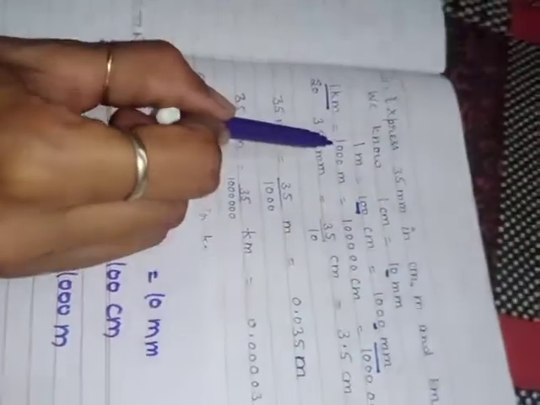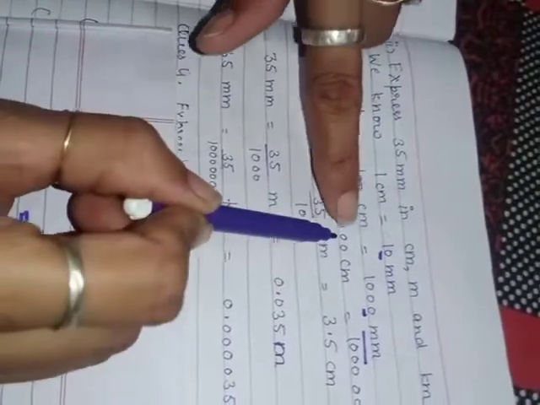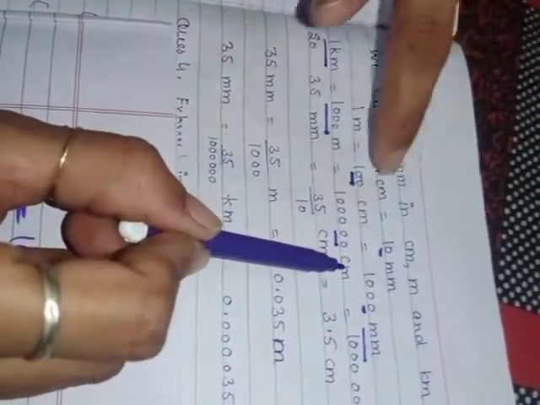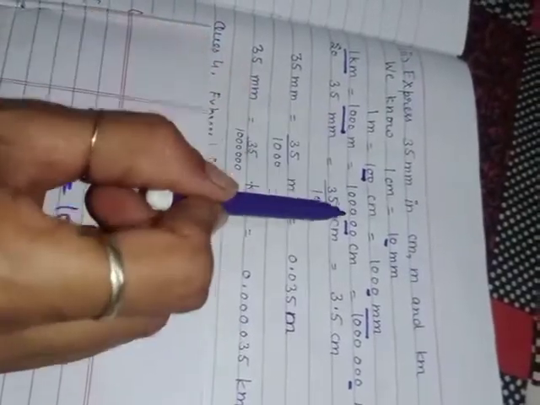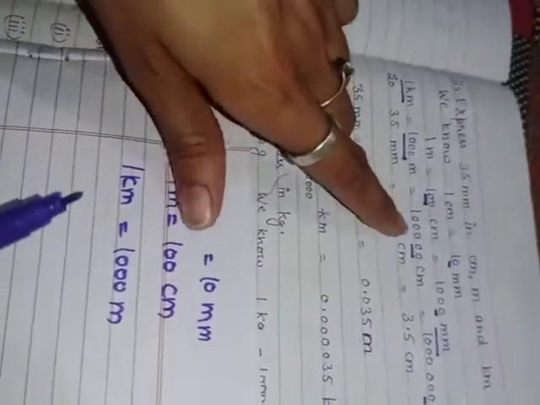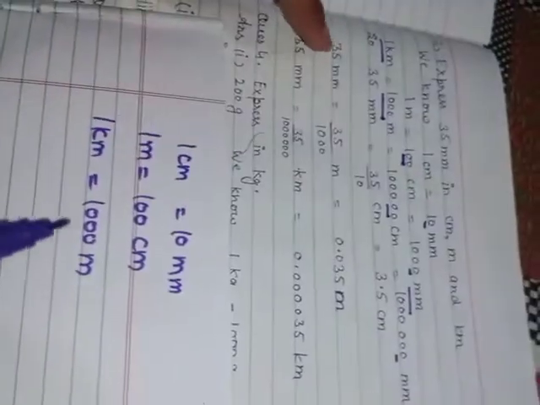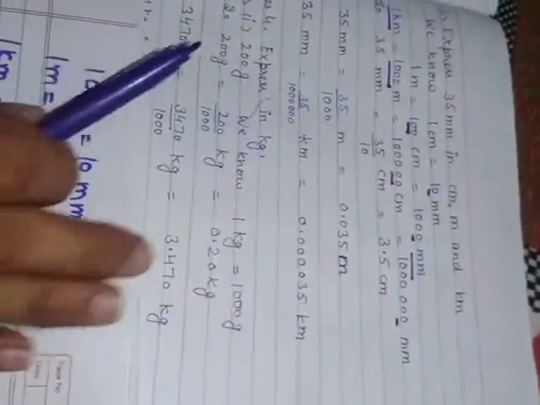Again 1 kilometer is equal to 1000 meter. When you are changing into a centimeter, 2 zeros to the centimeter, and when you are changing this centimeter into a millimeter, 1 zero to the millimeter. So there will be total 6 zeros: 3 zeros to the meter, 2 to the centimeter and 1 to the millimeter. Clear? So same pattern will be followed there. 35 by 10 is 3.5. When you are changing millimeter into a meter, you will divide it with the 1000, and when you are changing into a kilometer, you will divide with this one. Clear? That is a 10 lakh. Same pattern will be followed there.